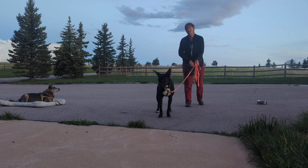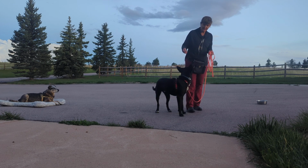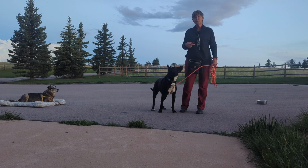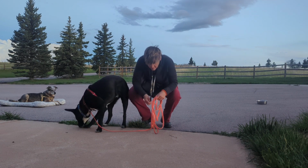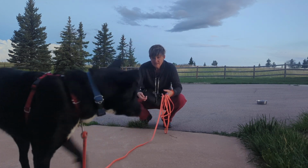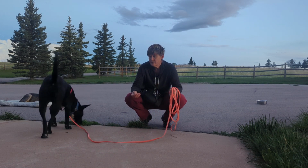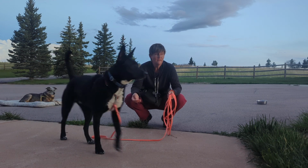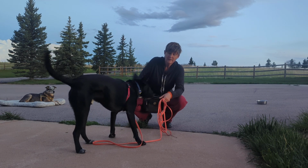Right? Good boy. And as he gets better at this, he's going to feel that clip start to go up, and he's going to realize he's losing you. All done, take it. And that's okay, right? The communication of the leash is two-way. And please don't think of the leash as a way to control your dog. Think of it as a way to...